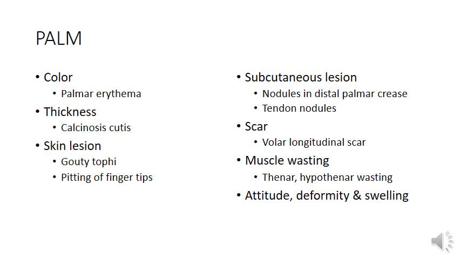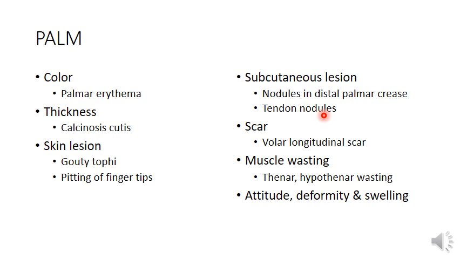We go on to examine the palm of the hand. We will see the usual things which we have seen on the dorsal aspect of the hand, like the color, looking for any palmar erythema, which is an indicator for liver disorders, any thickness like calcinosis cutis, any skin lesions like gouty tophi, pitting of the fingertips, subcutaneous lesions like nodules along the distal palmar crease, any Dupuytren's contracture, and tendon nodules,